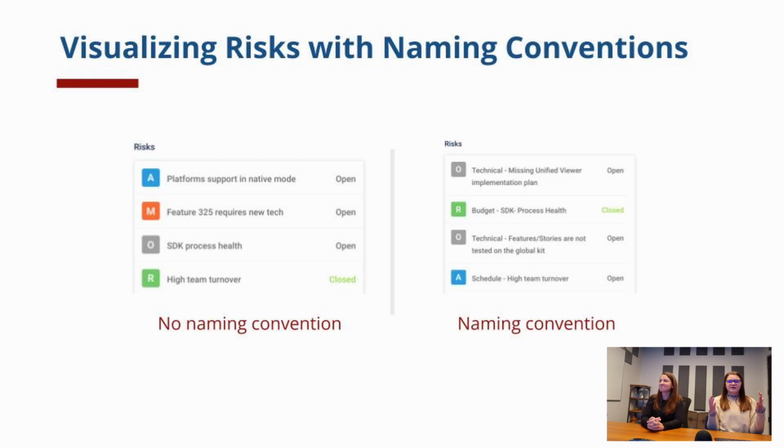To put it all together, if you want to track your risks and you want to use Jira Align to do it, it's really important to develop some standard processes to ensure that we promote data integrity, or as I like to say, garbage in, garbage out. Exactly. And to pull it back up to the top, we're practicing risk management to help us make better decisions. If the data is inconsistent, it doesn't help with that goal.